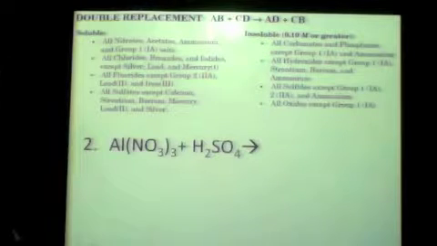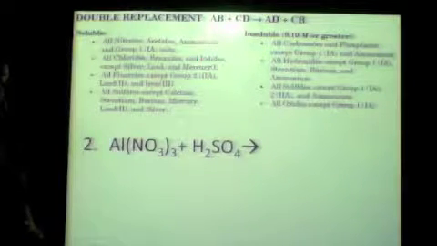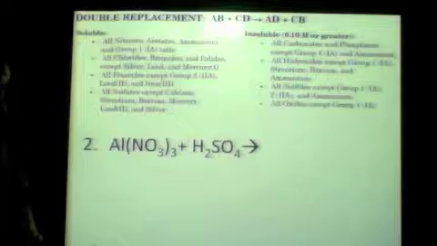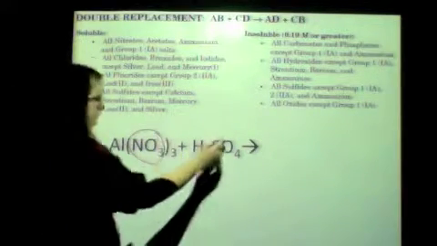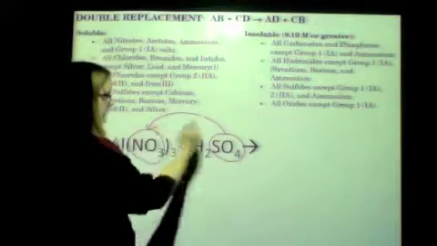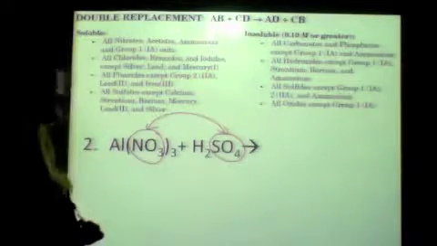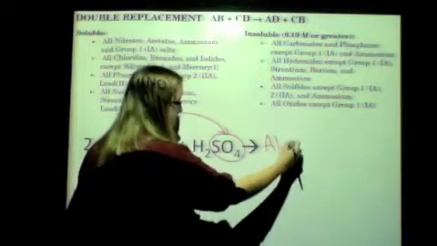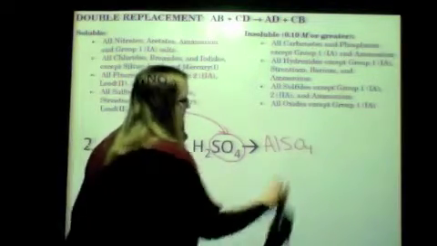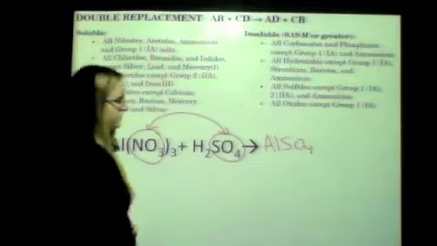Let's try another one. Okay. Al(NO3)3 plus H2SO4. Step 1. Switch the back end. Switch those anions. So this means I'm going to end up with Al2(SO4)3